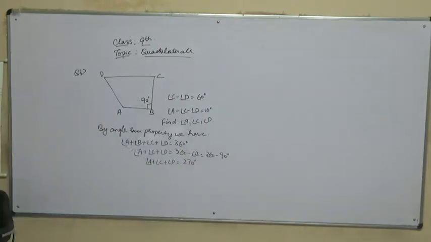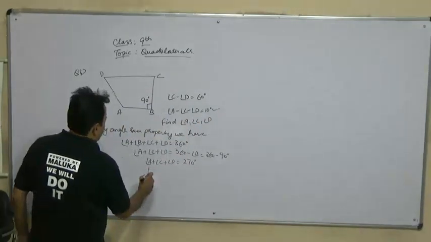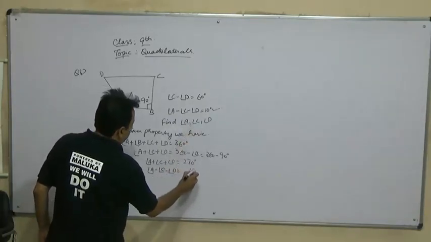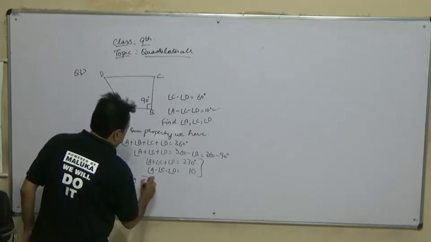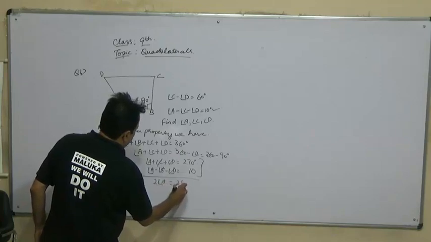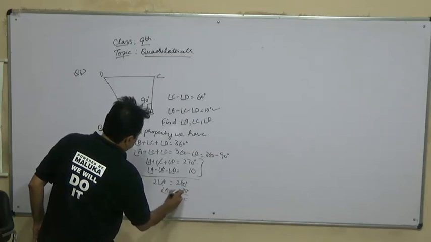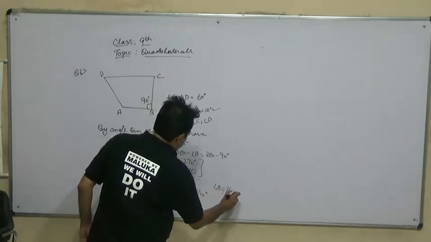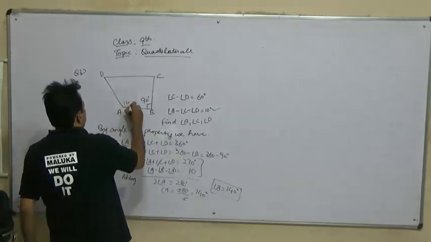So this is there. Now we are given this relation A minus C minus D. We write it here. Angle A minus angle C minus angle D is equal to 10 degree. So add these two. Adding, what do we get? So these two will be cancelled. 2 angle A is equal to 280 degree, and angle A is equal to 280 degree upon 2. This cancels out with 140. So angle A is equal to 140 degree. So this angle is 140 degree.